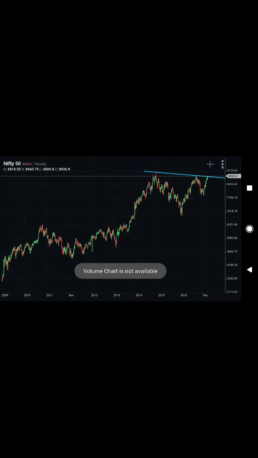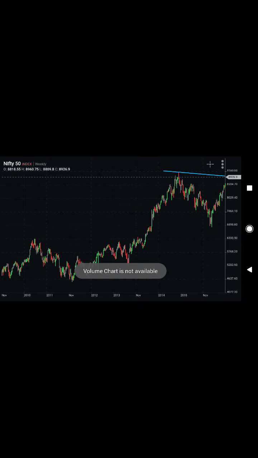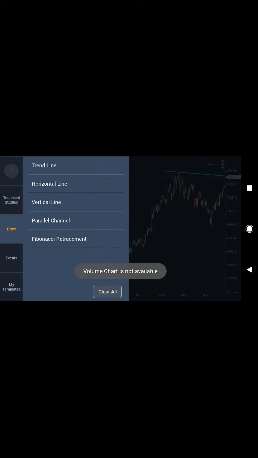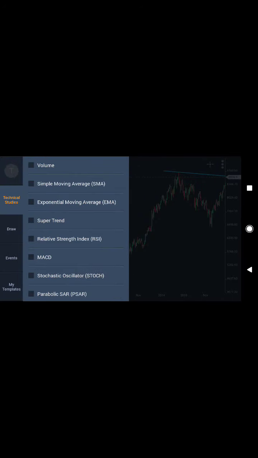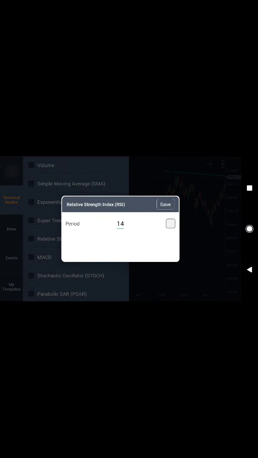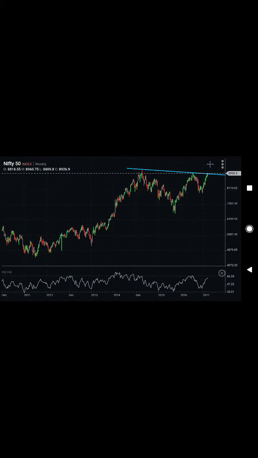Main thing is it should hold the breakout, and then RSI, weekly RSI for the Nifty, let's check it. So it is still not broken out, it is not bullish yet,